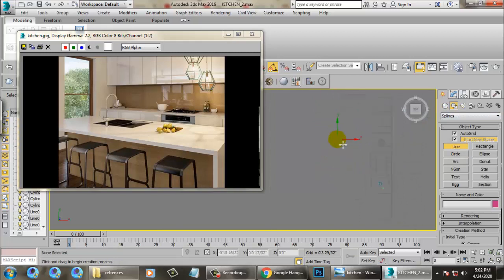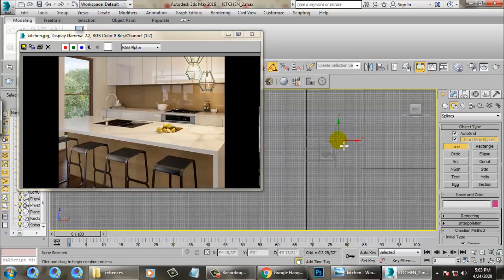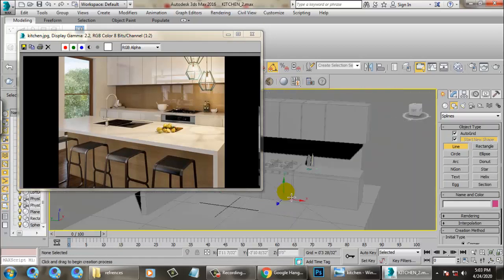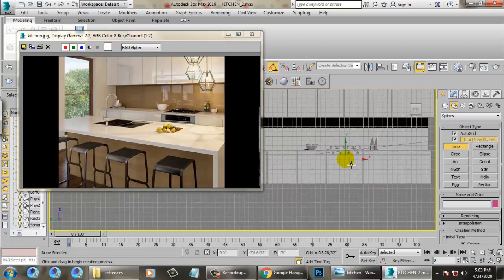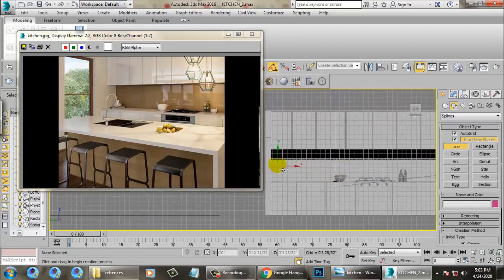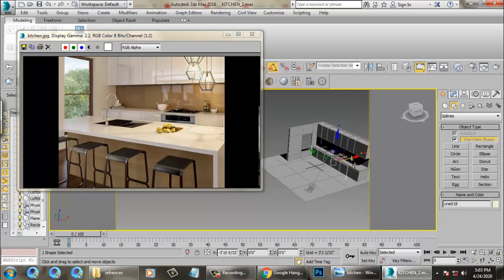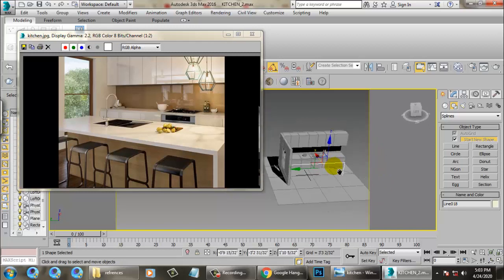What I'll do over here is go into the side view. It's better. Let's drag this straight till here and just push it down. After you're done with this, just drag this over here.